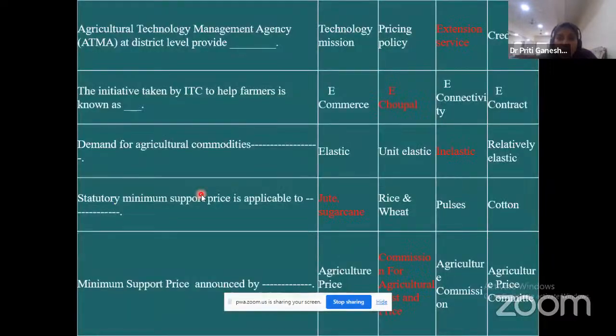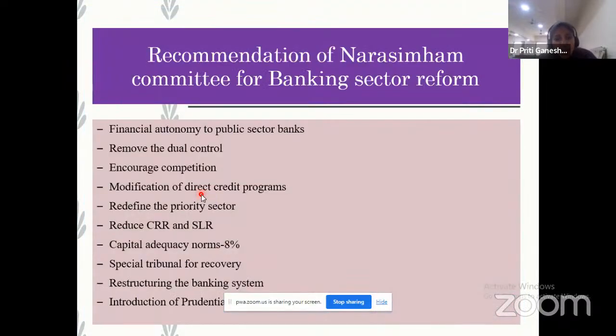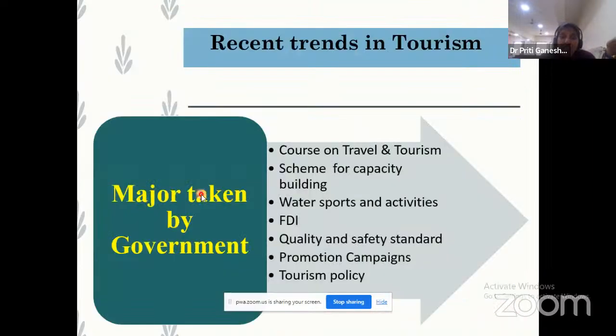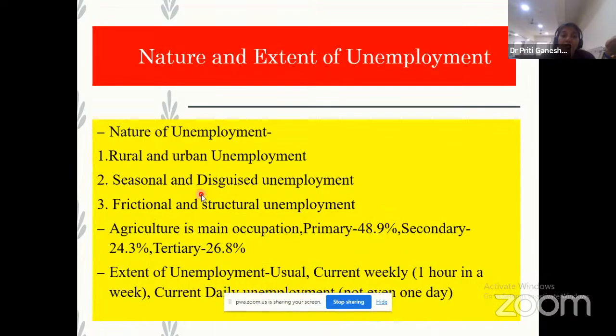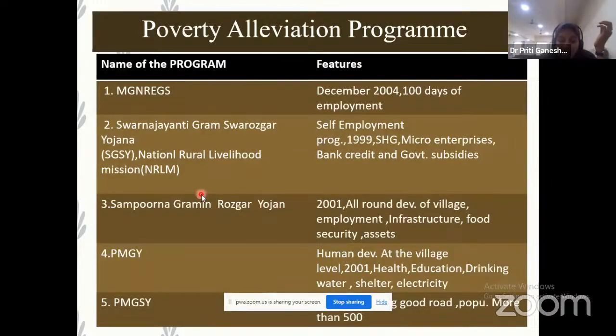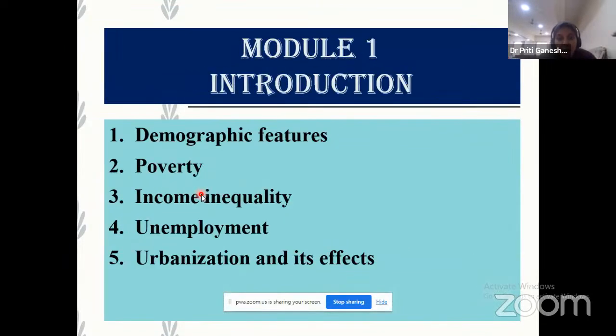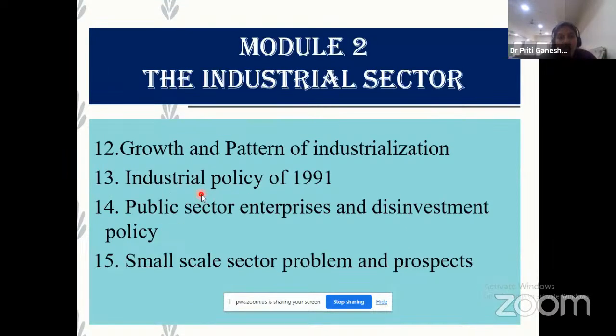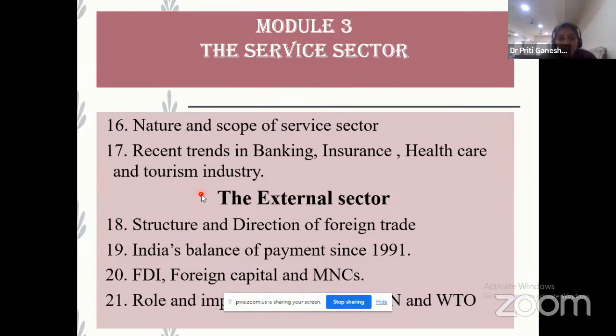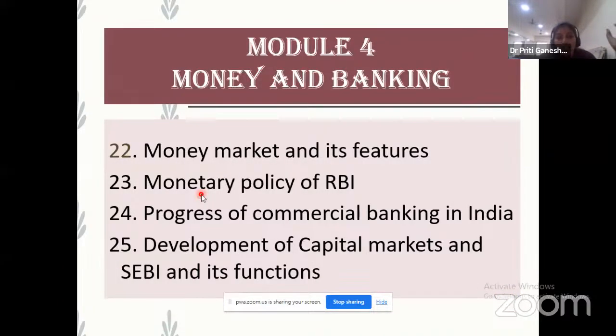देन जैसे मैंने ऑब्जेक्टिव्स डाले हैं, ऑब्जेक्टिव्स तो आप बुक्स के हिसाब से पढ़ सकते हो, आप आराम से उसको कवर कर सकते हो। लेकिन जितना मैंने आपको बताया मॉड्यूल वाइज, प्लीज यू हैव टू फोकस ऑन द चैप्टर्स। मॉड्यूल वाइज आपको फर्स्ट 5 चैप्टर्स पढ़ने हैं, 12 to 15 को पढ़ना है, 16 17 को पढ़ना है, एंड 20 और 22 से 25 तक यू हैव टू लर्न। ओके, सो ये सारा आपको फाइनल एग्जाम के लिए प्रिपेयर करना है।